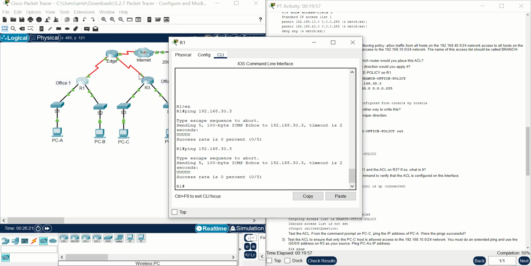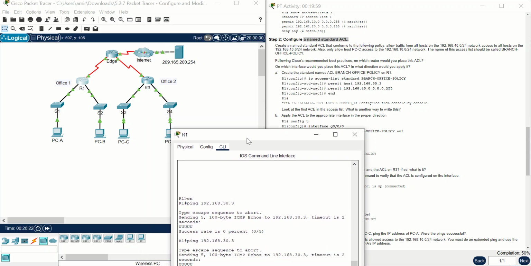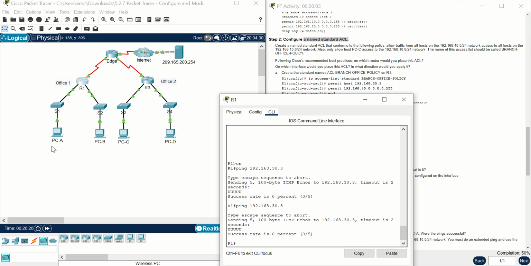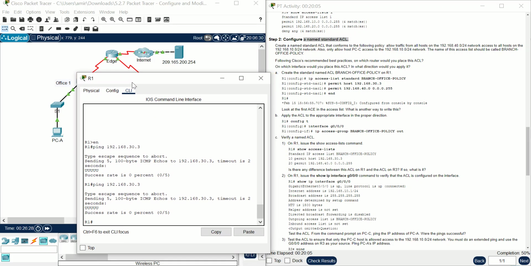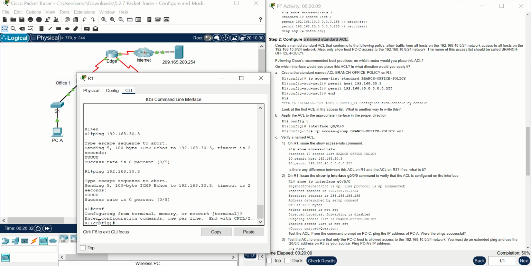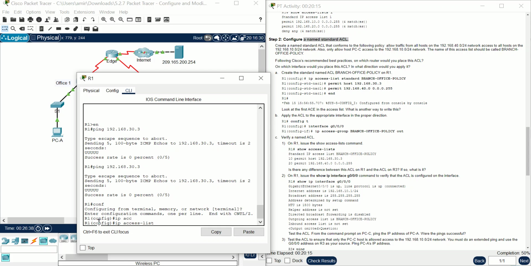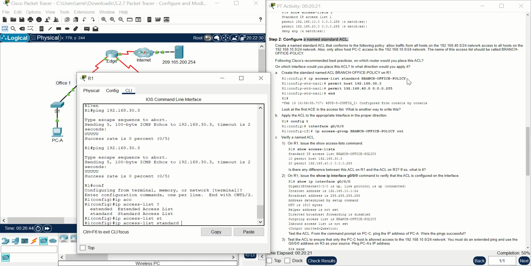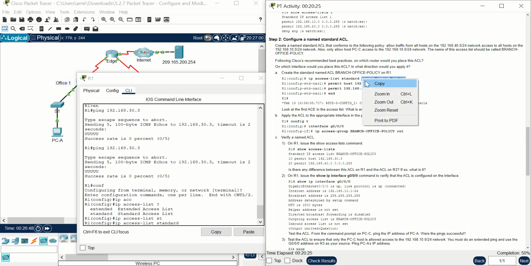First you should use it on router 1. It should be near the destination, and the destination is PC-A. And configure terminal. Yes, I mean configure terminal, and right here ip access-list. And we have two forms here. It should be standard. Yes, it should be standard. And what is the name? The name should be